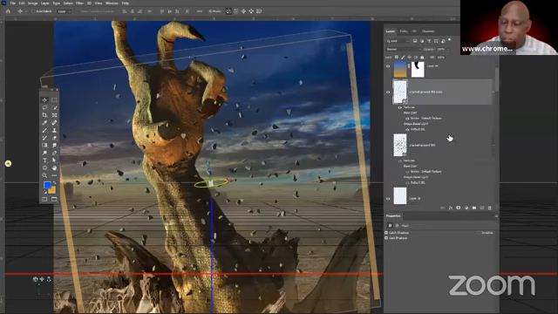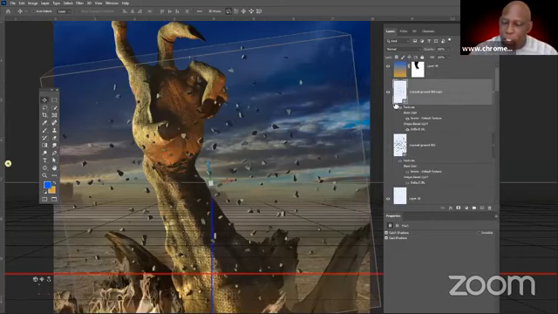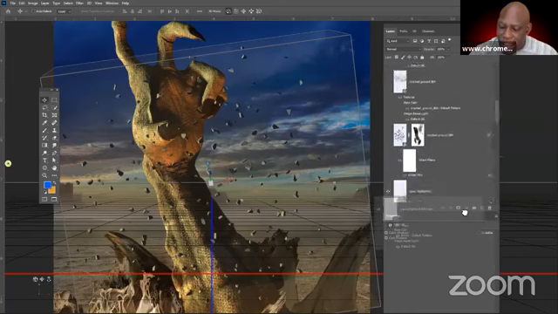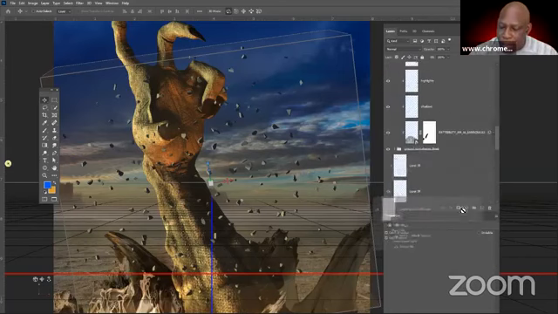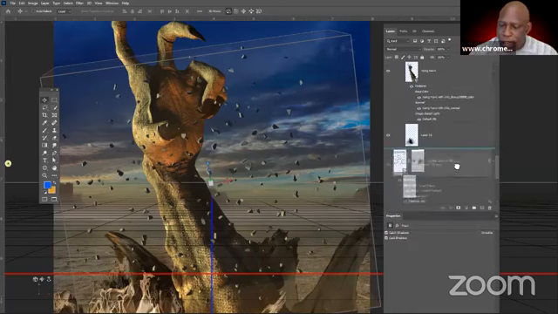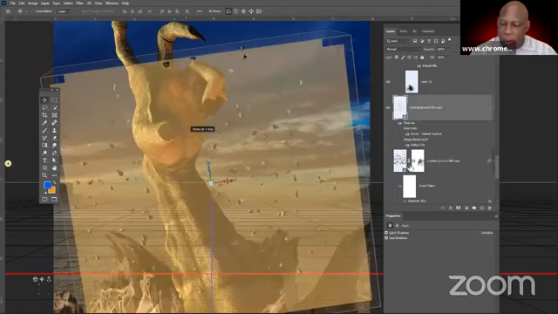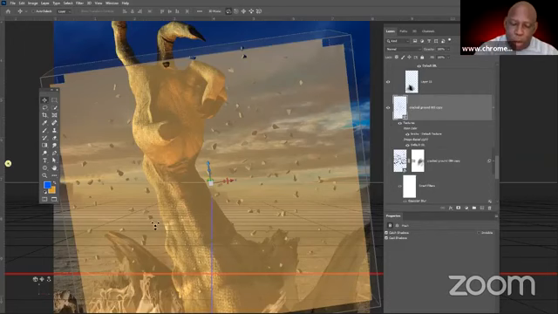Here are my layers. My hand's in one layer. This debris that I made smaller, I'm going to drag it to put it underneath my hand. I'm going to go find my hand somewhere down. There's the hand. Put it underneath the hand. Boom. See, it went behind the hand now. Right. There's my debris. And if I want to, I can make it even smaller. Good.